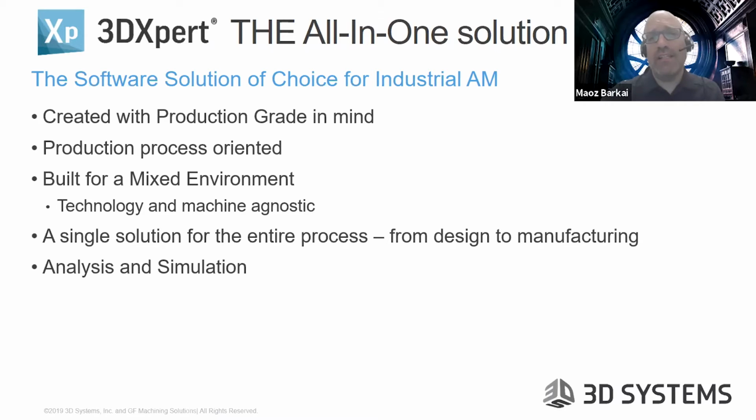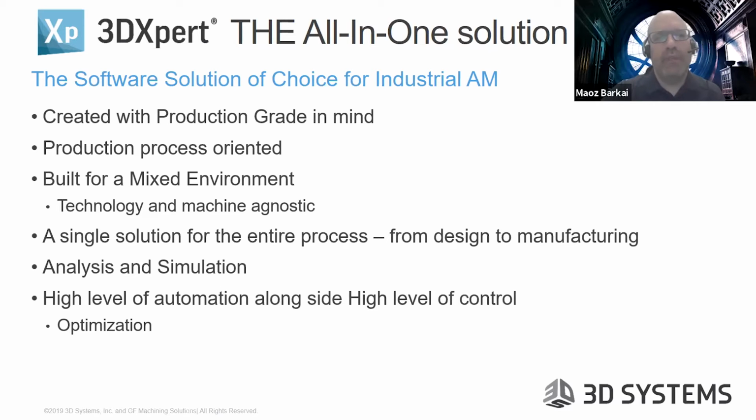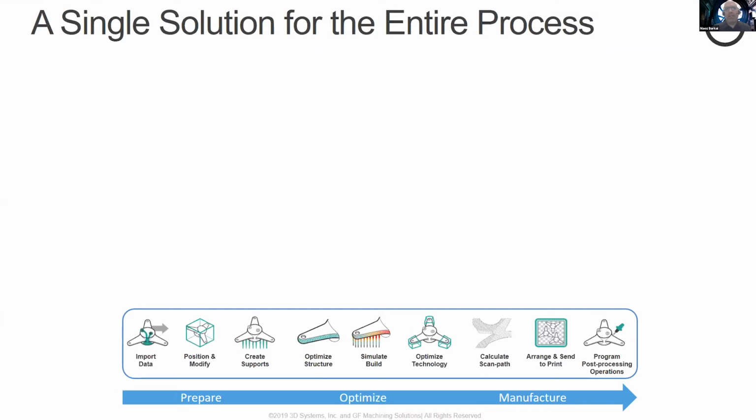And that includes analysis and simulation tools, which are incorporated inside the product. It also has a high level of automation alongside a high level of control, which we said is important to save time and to save money. And finally, it does have that design change incorporation, so you can start early, get changes, and then incorporate them. We'll talk about that in a minute. So we have a very short time. I'll try to give you a few bites, and we'll start with what do we mean by a single solution